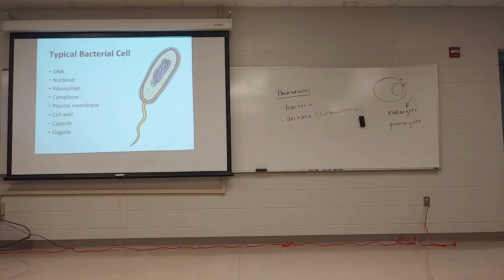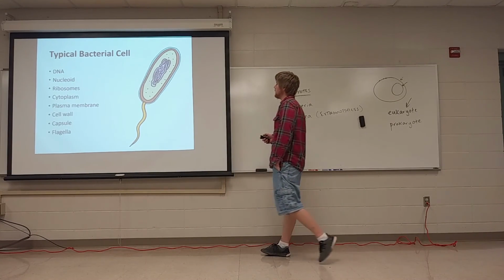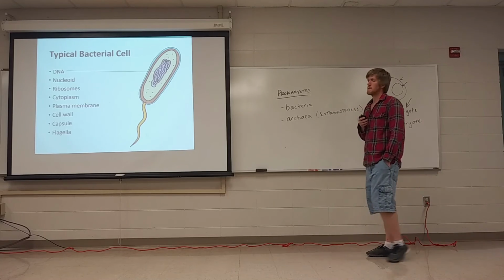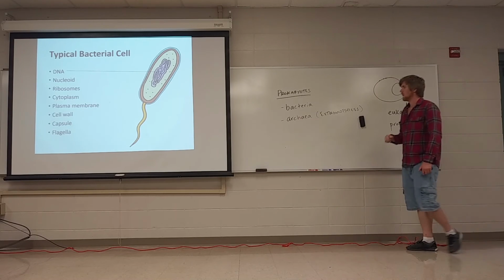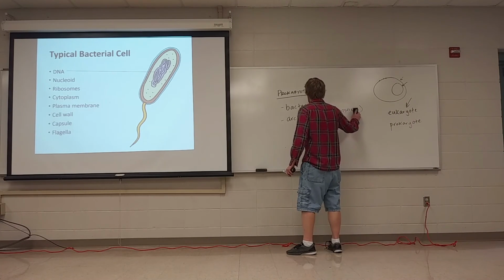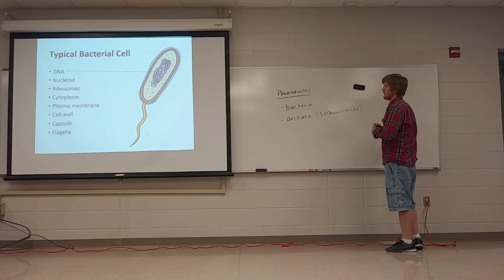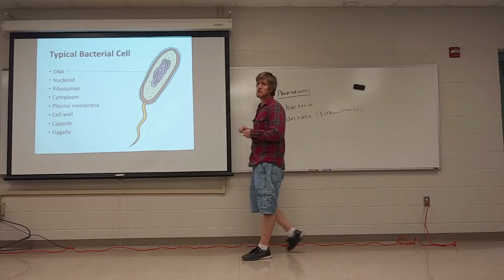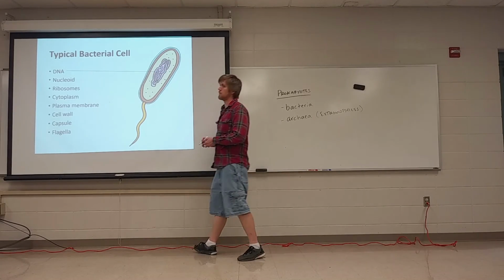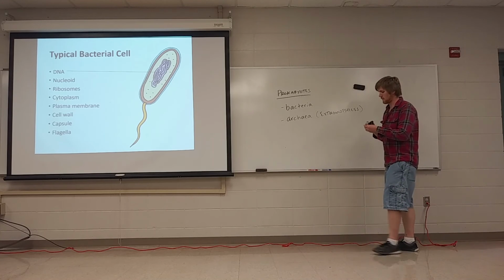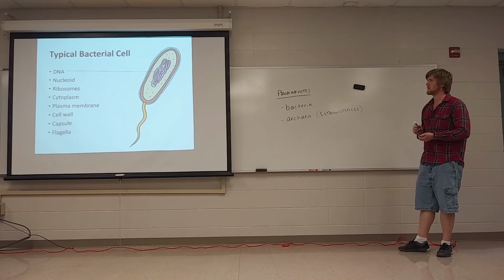So here are parts of a typical bacterial cell illustrated using a beautiful Microsoft Paint picture. First thing to remember is that bacteria, they don't have a nucleus because they're prokaryotes, but they still have DNA. But the DNA is not randomly strewn about. It exists in the middle region of a bacterial cell. So this is the bacterial cell. This purple strand here is DNA. A lot of bacteria have a singular strand of DNA called a plasmid, but they have DNA, and it's in that central region.